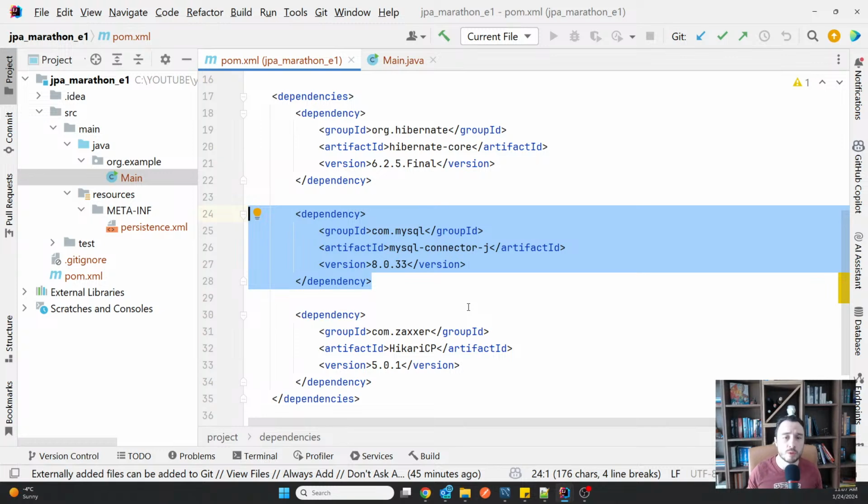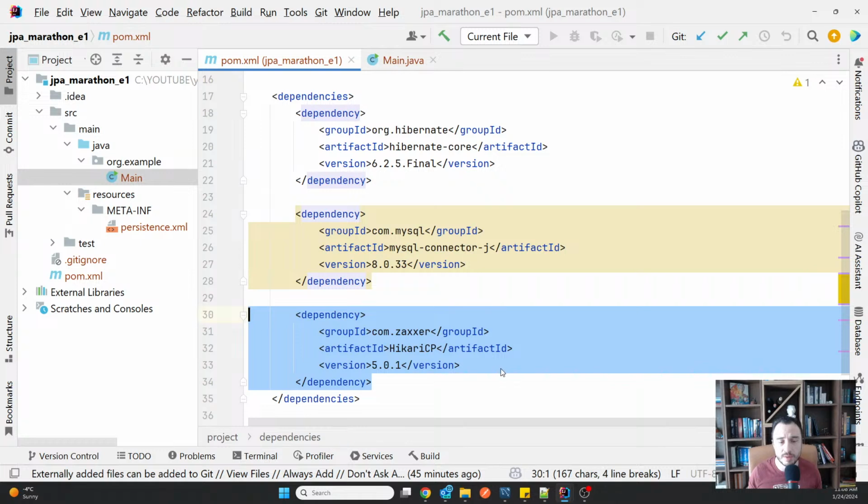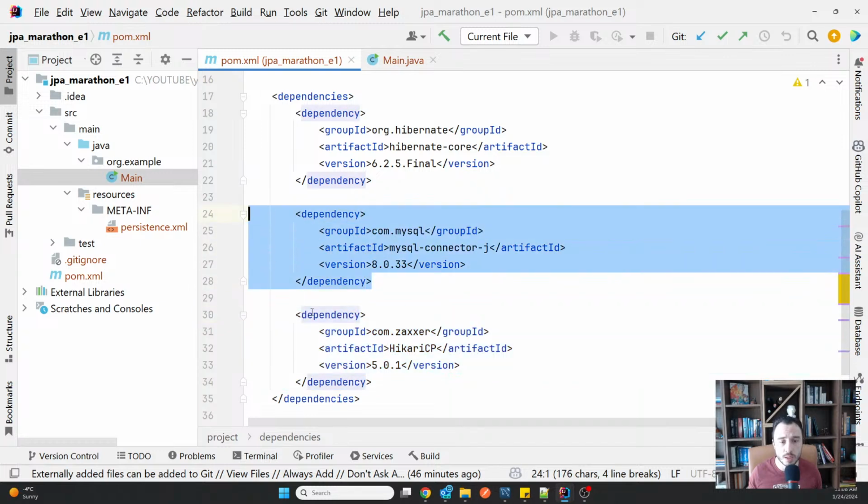But if you're already watching this marathon, you probably know that getting connections and closing them every time you execute a query is not the most performant way of working with a relational database management system, and that's why we have these very important, essential objects named data sources that help us manage connections. So that's basically what we do with the data source.